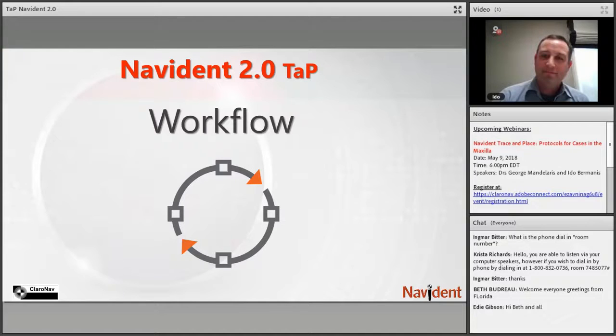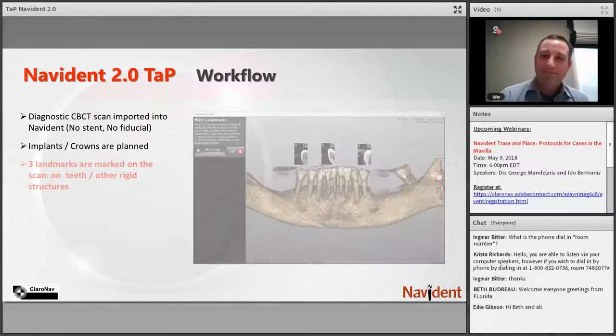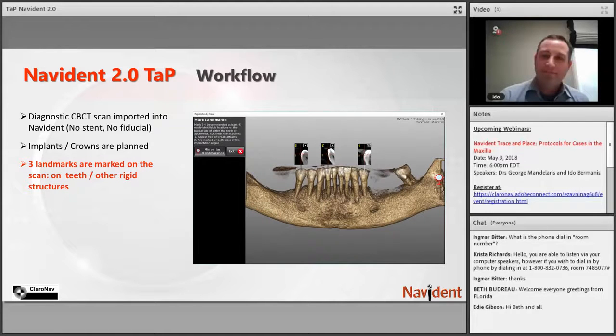So our new workflow starts with the importation of the diagnostic CBCT scan into Navident. The crowns and implants are planned as usual, and then we choose 3 to 6 distinct rigidly fixed structures, such as teeth, crowns, or abutments. These structures have to be visible in the CT scan as well as accessible for tracing in the patient's mouth,